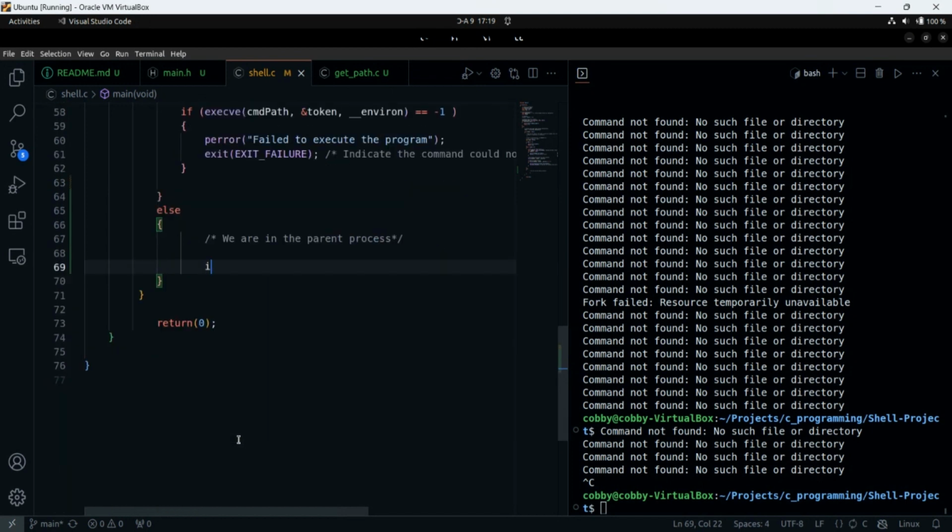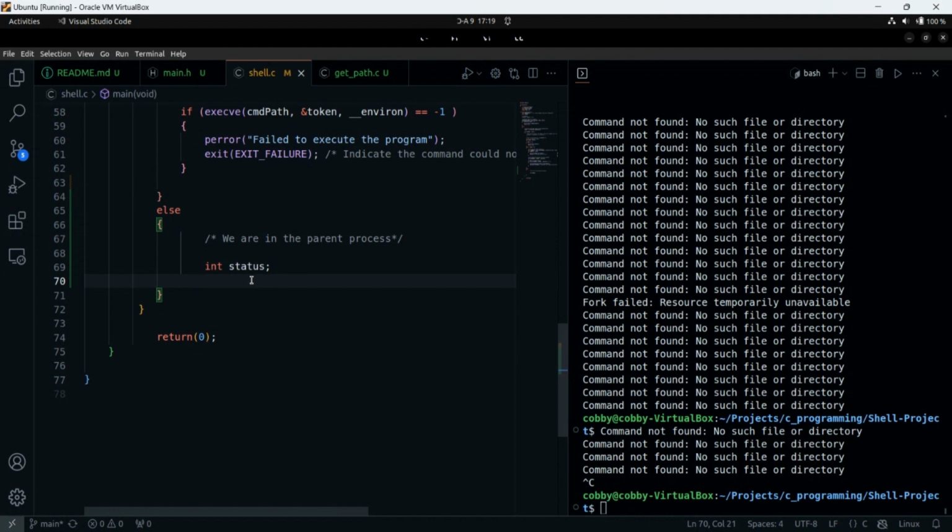So we want to use status to check the waiting status to know what we can return. So this is what we have to do. We can declare a variable called status, which will be the status argument for the wait, right?